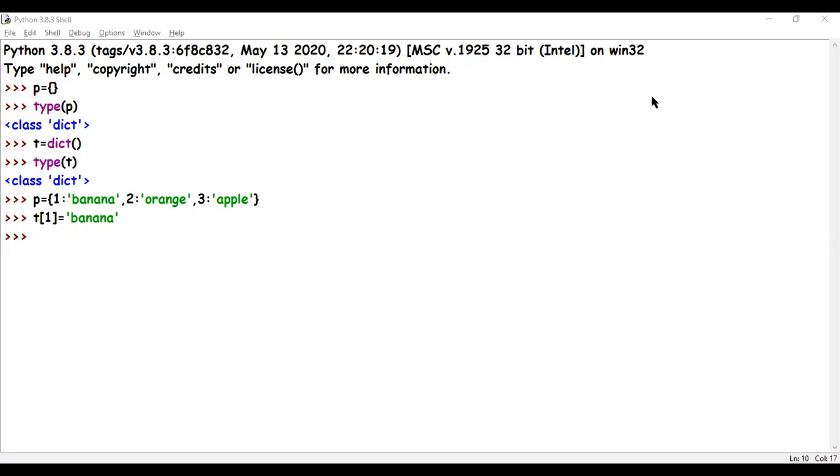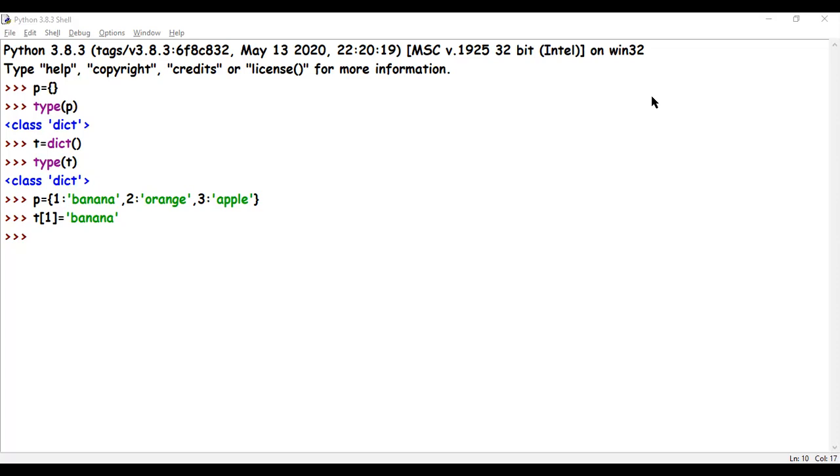But in a dictionary we have keys. Okay, and you have to access values using the keys. Now keys can be of any type. Just like the elements of a list or a tuple, the value can be of any type, but the associated key with it has to be an immutable data type.